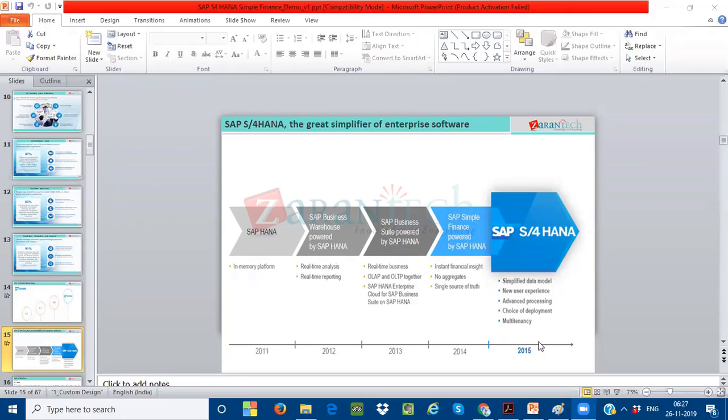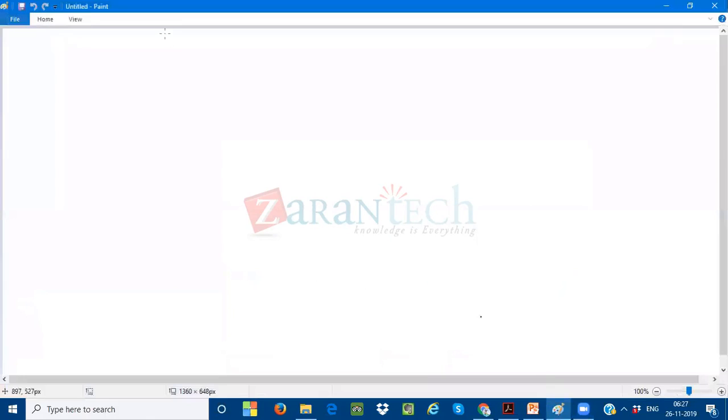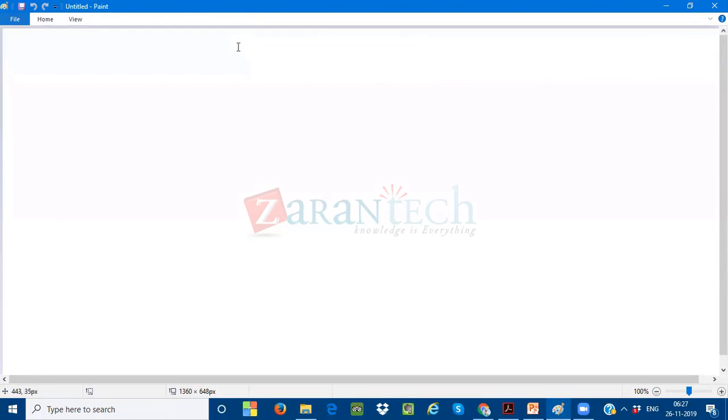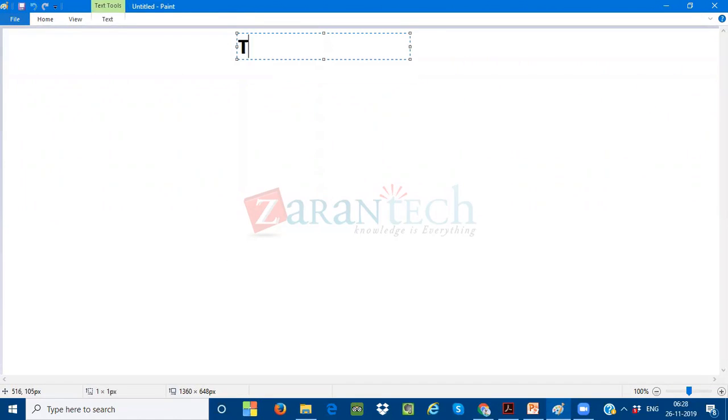Why should I go for SAP S/4HANA? Why should I go for SAP HANA as a database? The class is going to be very, very important today. Most of you might know about this by this time. There is a concept called transactions and analytics, or analysis, whatever it may be. Transaction and analysis.